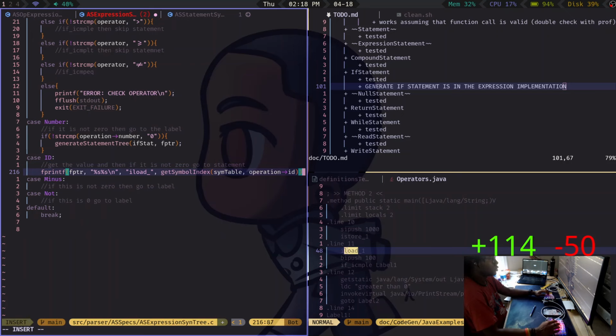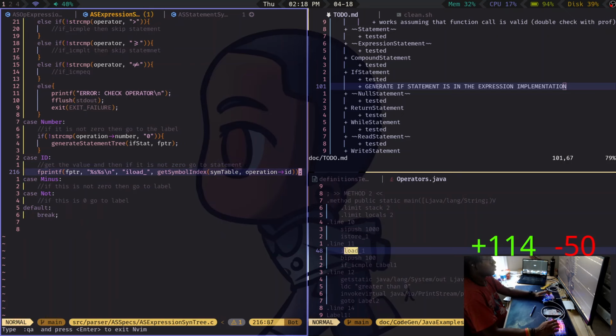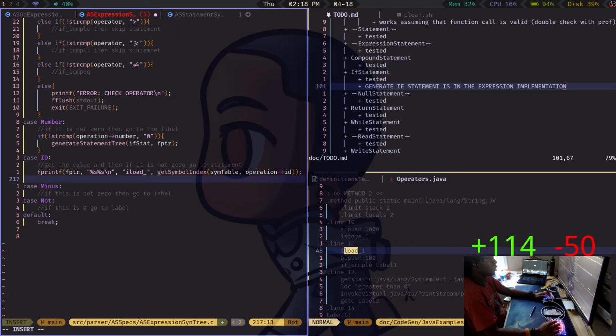There we go. So we load it, and then we push 0 onto the stack. Oops. Can't do that.